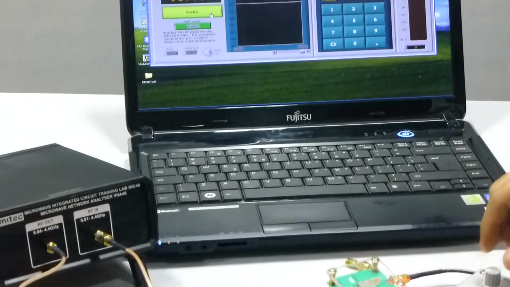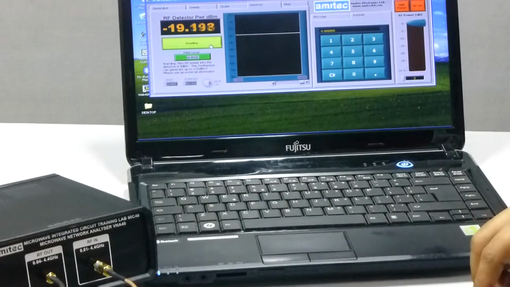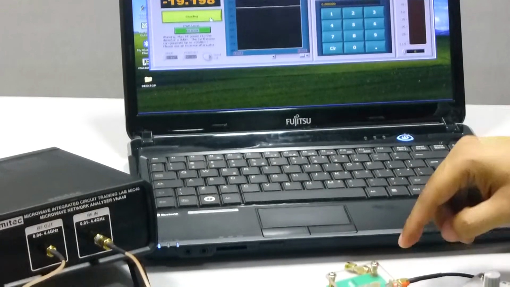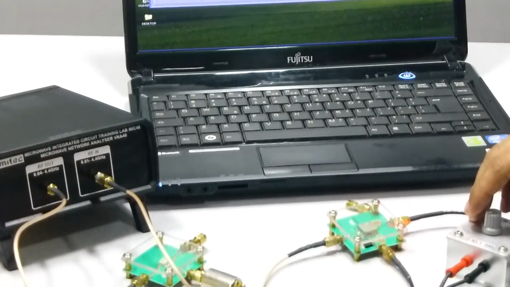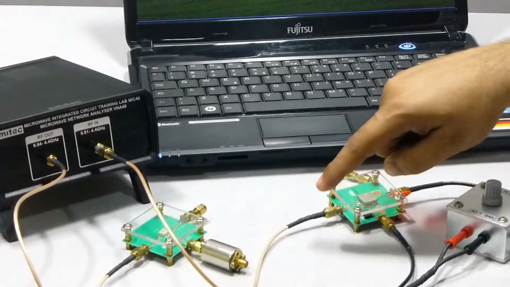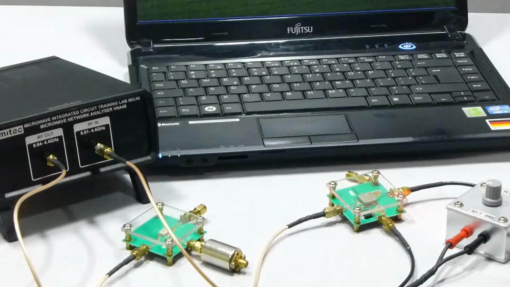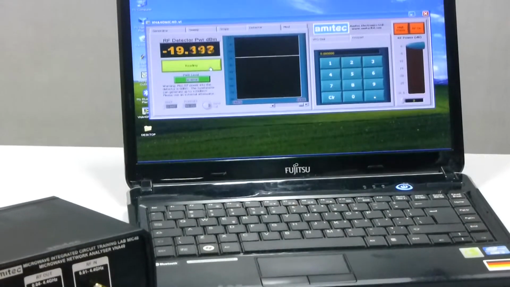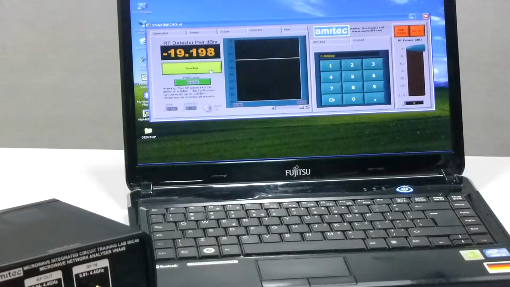Now we have kept the bias pot at the minimum, which generates a voltage of about 0.2 volts. It is applied to the DC, and approximately 2000 megahertz is being generated in this case. The 2000 megahertz is being measured by the detector. The detector is showing us a display of roughly minus 19 dB. This minus 19 dB is when a 20 dB SMA attenuator is applied at the input. That means the power is approximately plus 1 dB at this frequency.